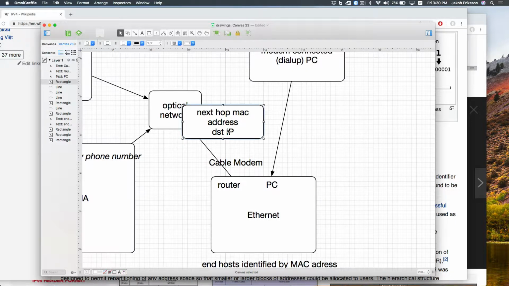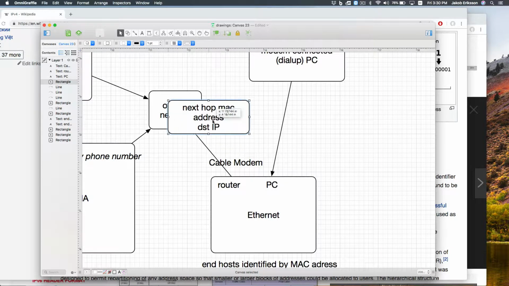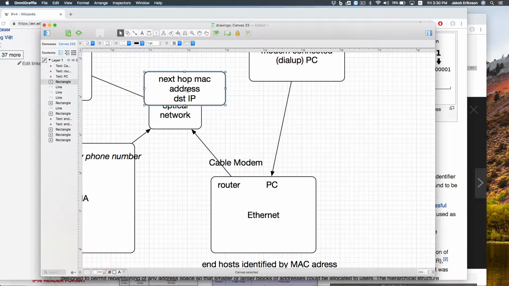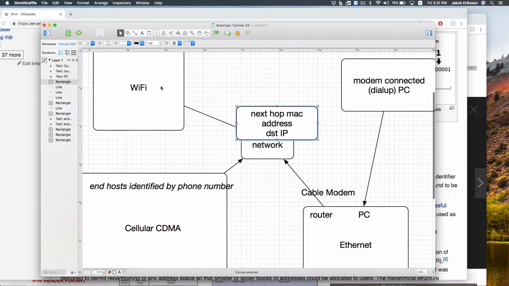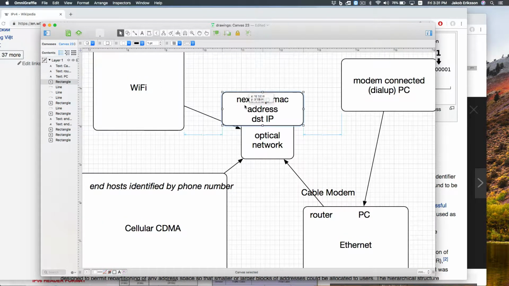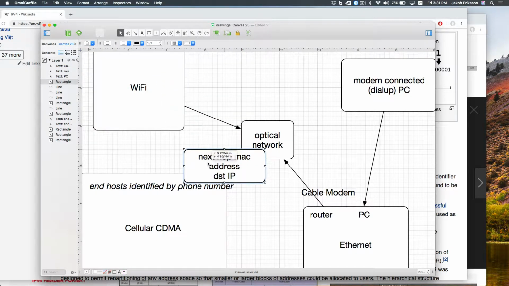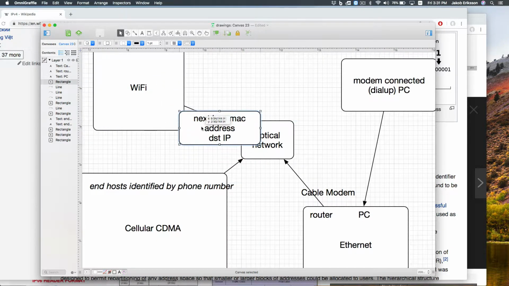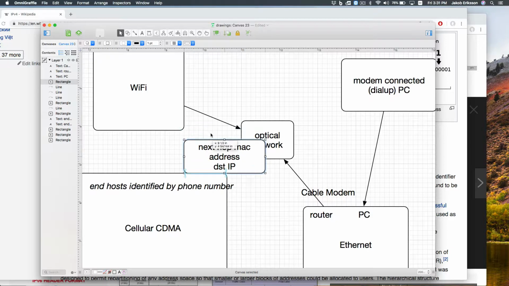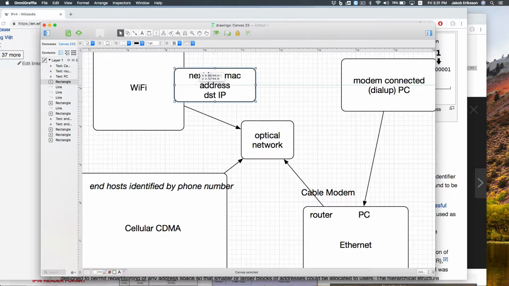Because we send it over here, now we get to the next hop, we delete the previous MAC address, put on a new link layer header, and so on, across many hops over here, and then eventually, maybe we make it over, and this cellular isn't such a good example. Anyway, so at some point, it makes it over to our